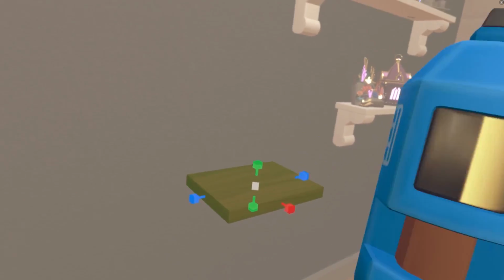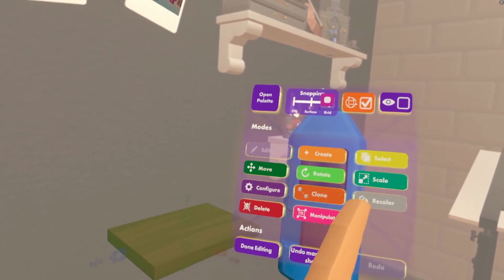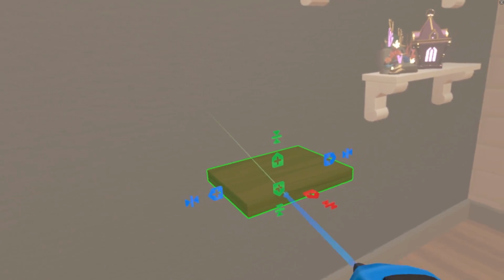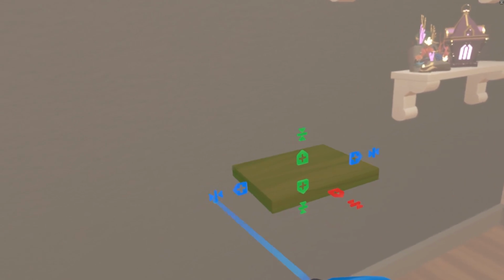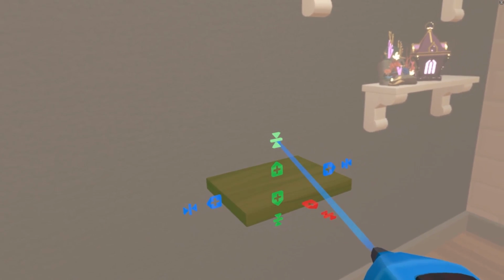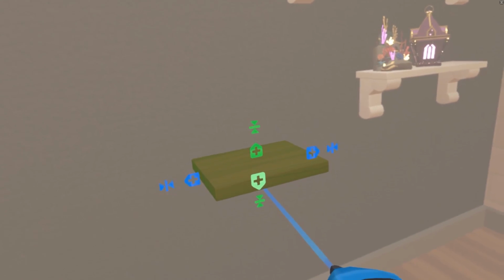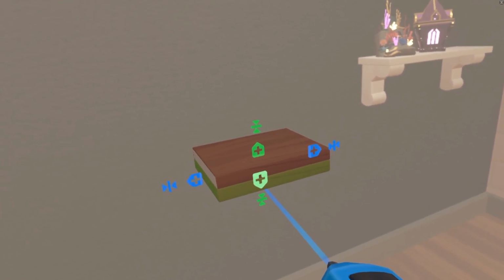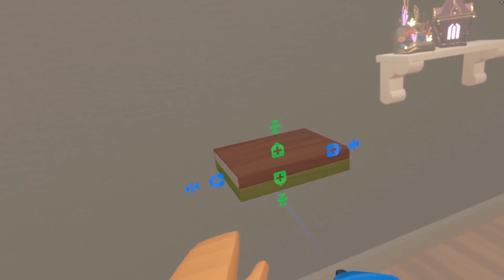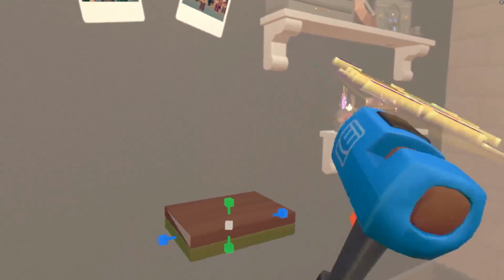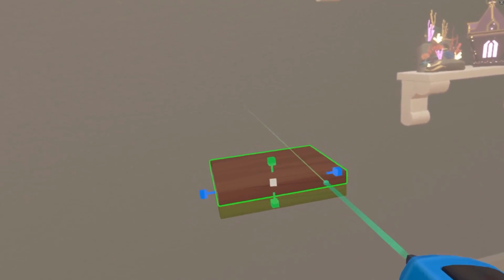I'm going to go ahead and open up my Maker Pen menu here, and then clone this shape. You notice when you press clone, you can see these little add symbols and flip tools. This will clone and flip, and this will add another object. But we can go ahead and add another shape by selecting this add symbol, and we get another shape along with that. Let's go back to the scale tool here by selecting scale and then hovering over the handle here